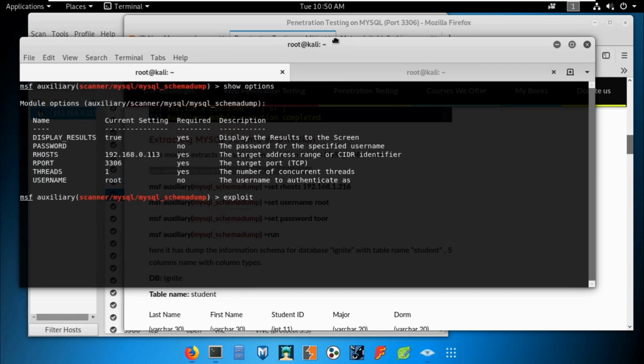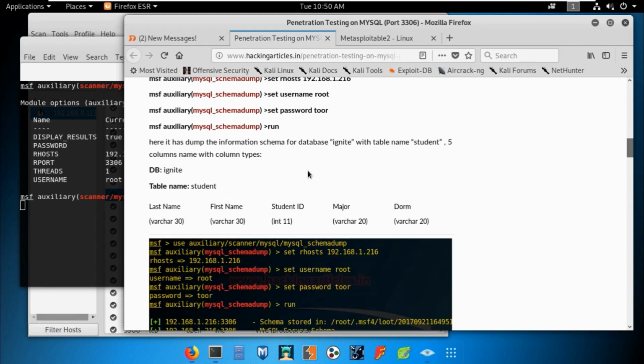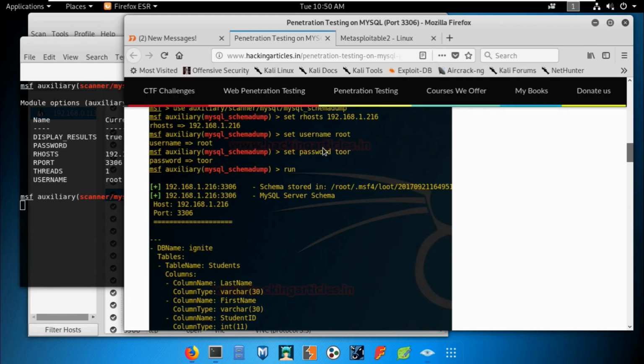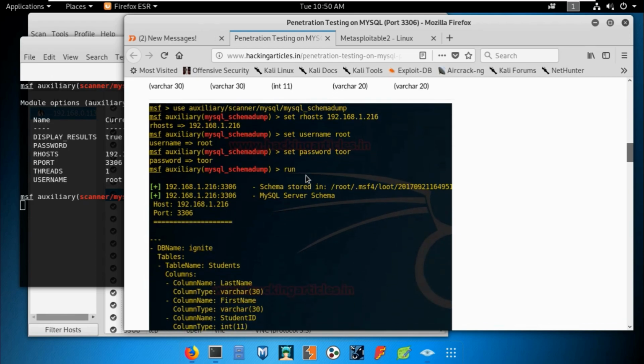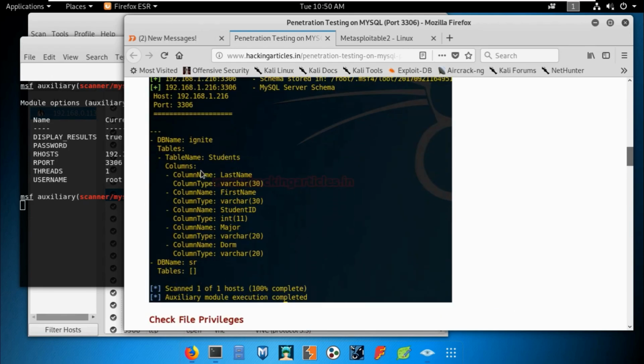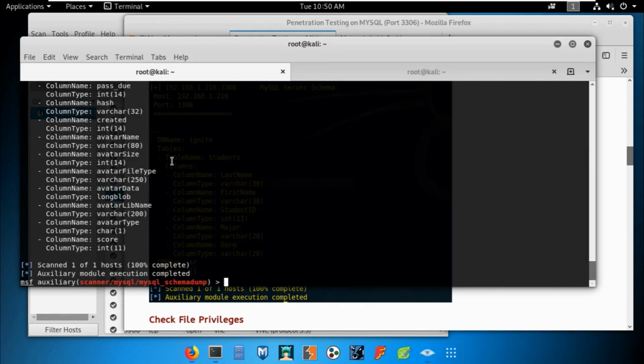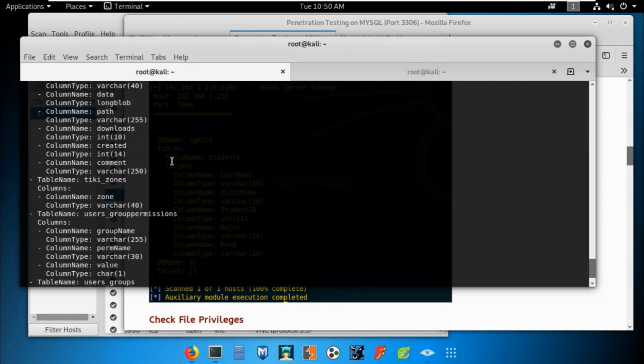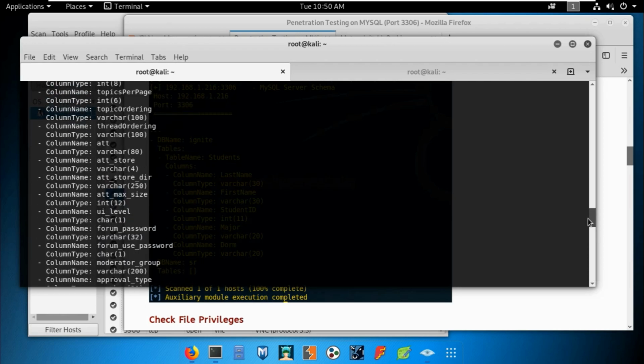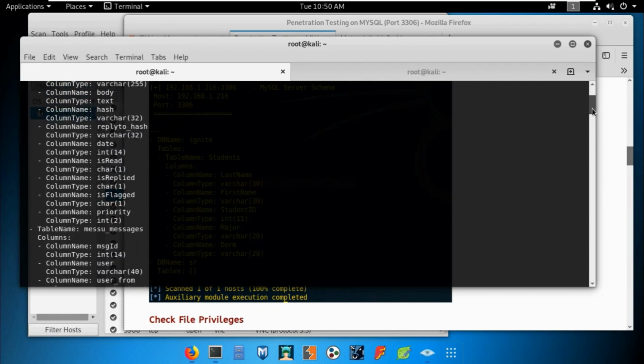I just did not try. Let's see what it's going to show us. These are the expected results. As you can see here, we will get the column or table names. Okay, we get something. Oh yes, successfully. I'm just happy to see this one.